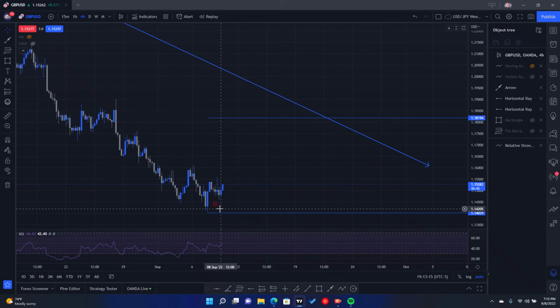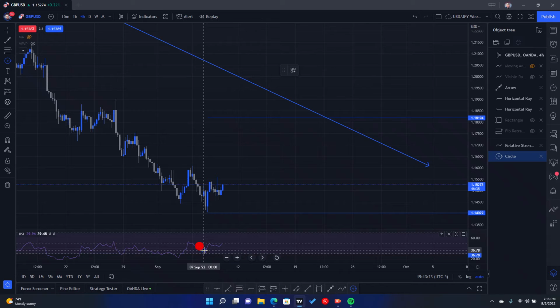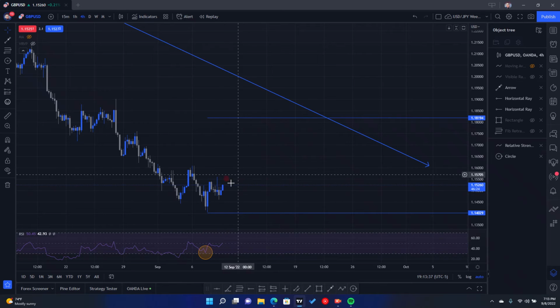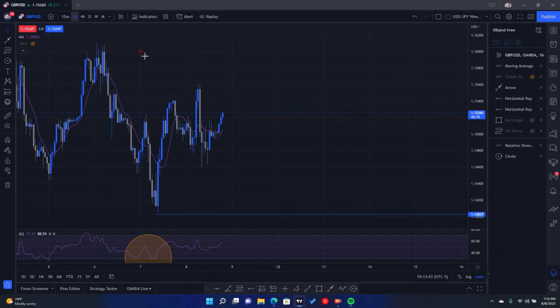I've got my support and resistance, an area that I'm looking at, and of course, looking at the RSI, the market was somewhat oversold. So we get a jump up. So now we're going to scale in,